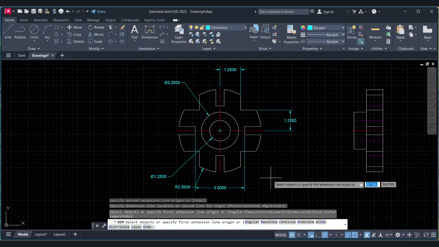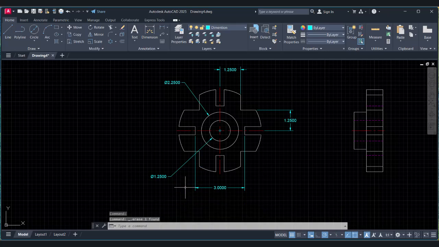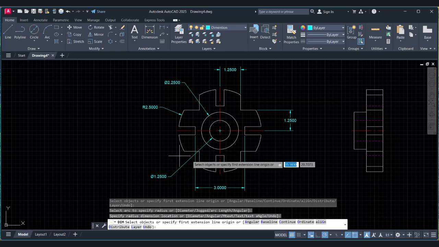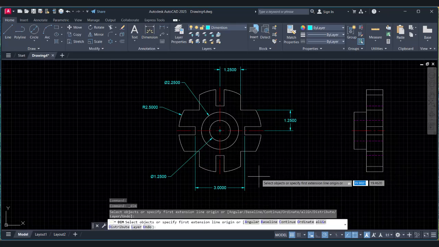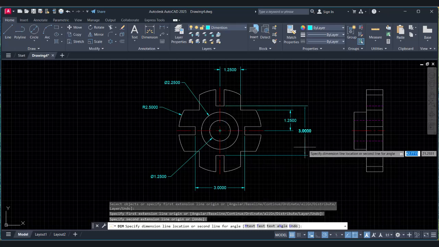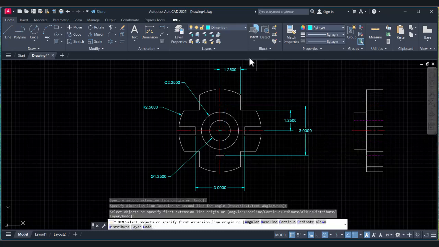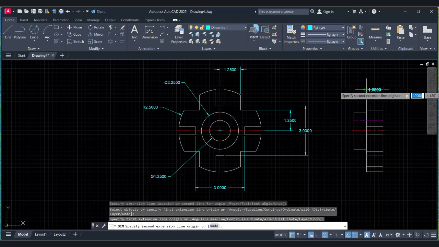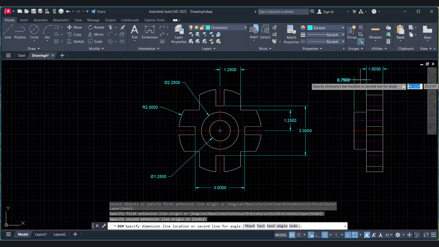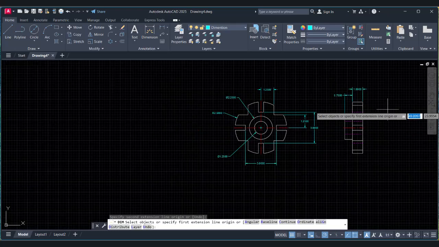This dimension we have to show. I'm going to delete this dimension and put it here so it will not cross. And also dimensions between this line and this, and between this line and this. And then we have to put this dimension, it is 1, and this dimension and this dimension, it's 7.5.